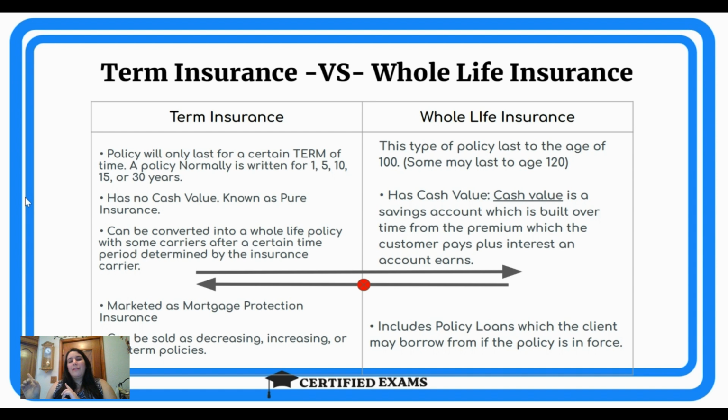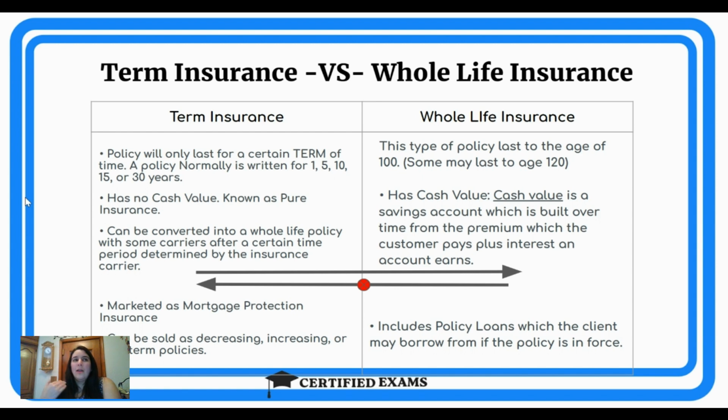Now let's talk about whole life, which is, again, one of those things that is described in the actual name of what we're looking at, right? So a whole life policy is a policy that is going to last up to age 100 typically. Some policies do last up until age 120, so I don't want any of y'all coming at me in the comments saying my company sells one that lasts to 120. Yes, they can. However, the test is going to cap it and say 100. They never say 120 or beyond 100. So for the purposes of the exam, guys, whole life policy goes till age 100.